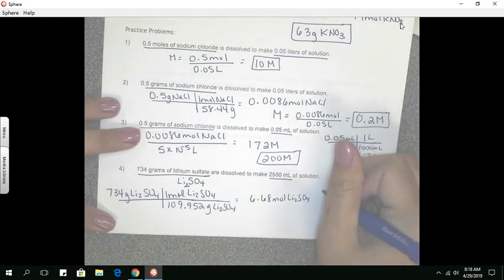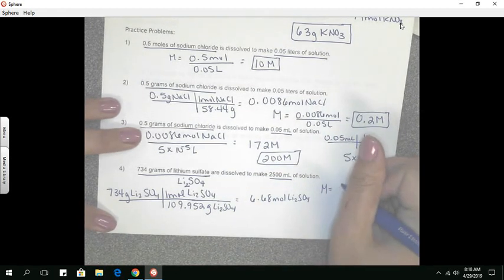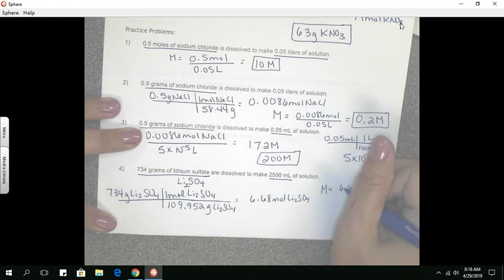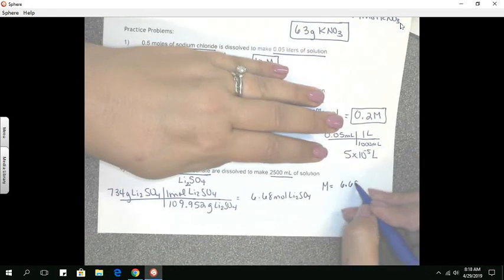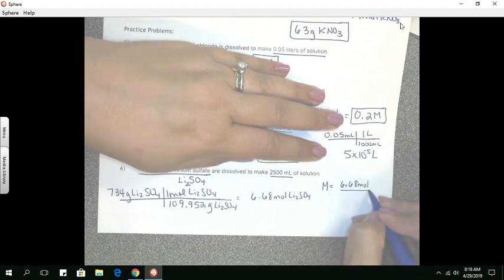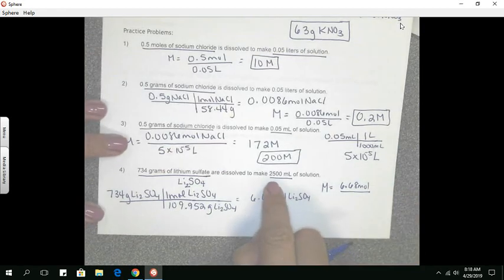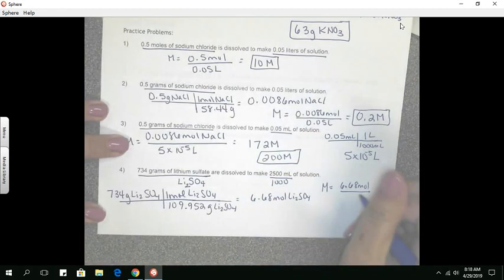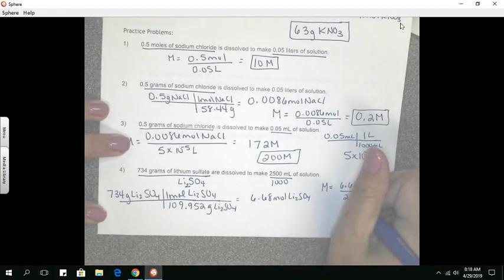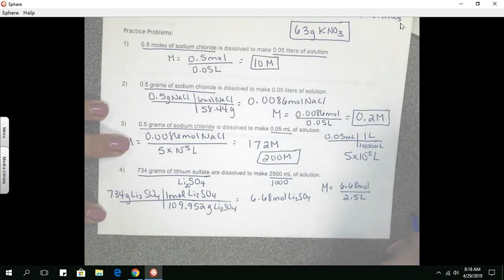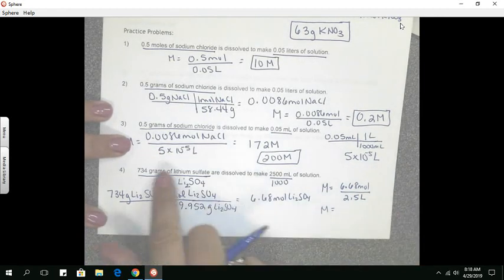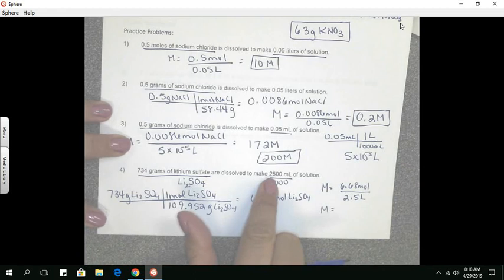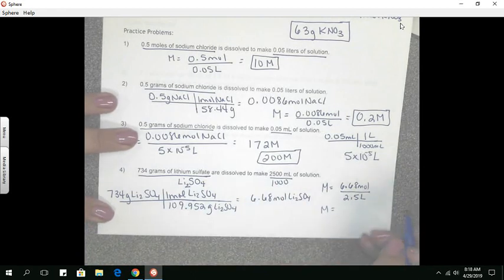So now we can plug that into our molarity equation, our 6.68 moles, and we divide that by our volume, but it has to be in liters. So remember, we want to divide that by 1,000, and so we get 2.5 liters. So we divide, and our molarity, we get, so this has 3 significant figures, that has 2. So our answer, we keep it 2, and I get